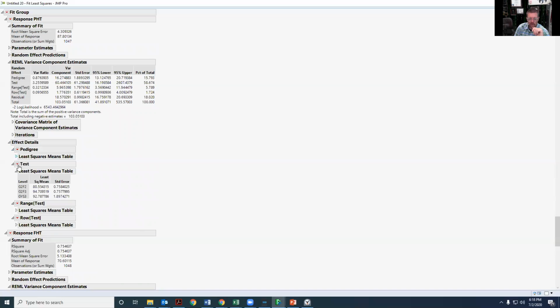So when we actually go and look at this, it looks like for the test, the average plant height in G2F3 was 94.7 inches. The average height in G2F2 was 80 inches. And so that's probably a difference of planting date plus some types of irrigation or fertilization. We can go and look at